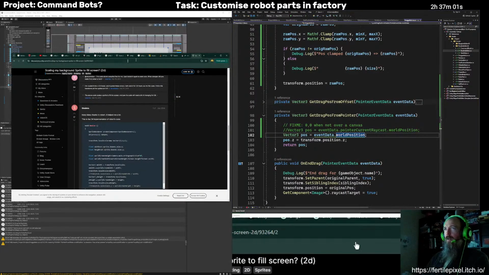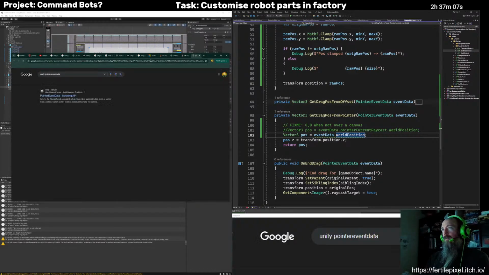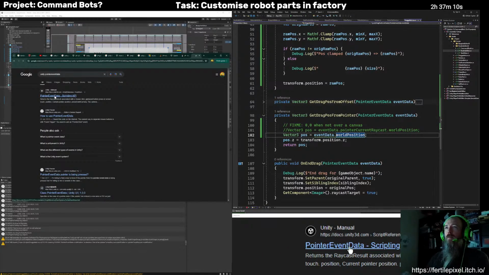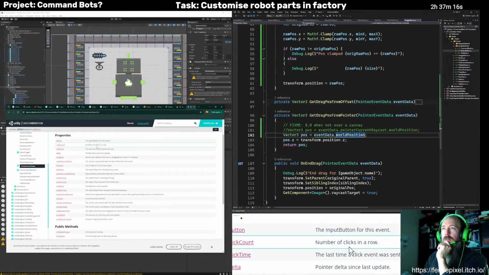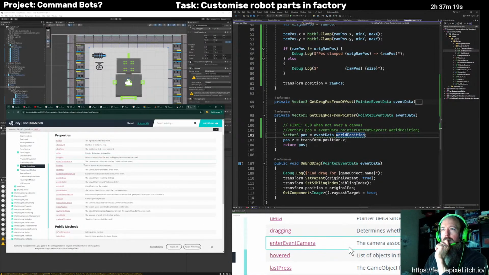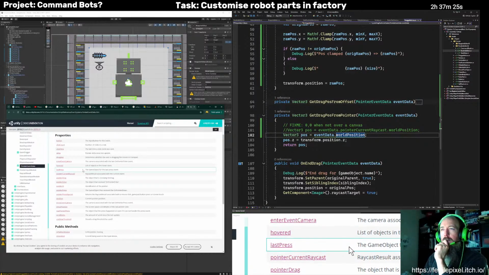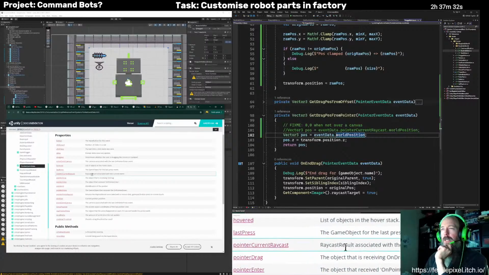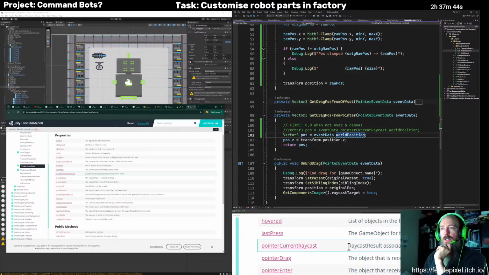This looks like a job for the Unity docs. Yeah, so there wouldn't be any raycast result if your raycast has not hit a canvas at all.